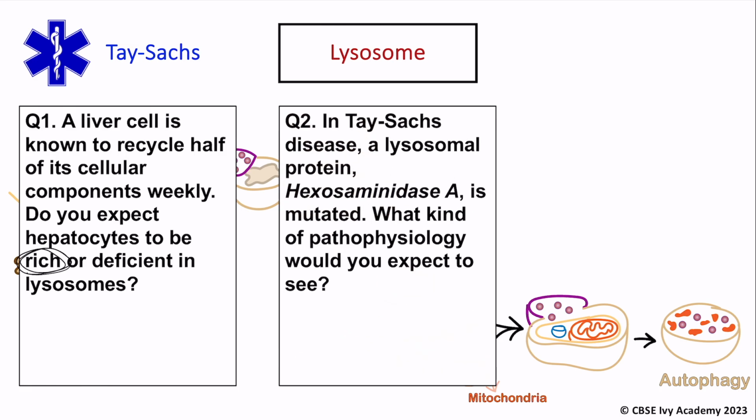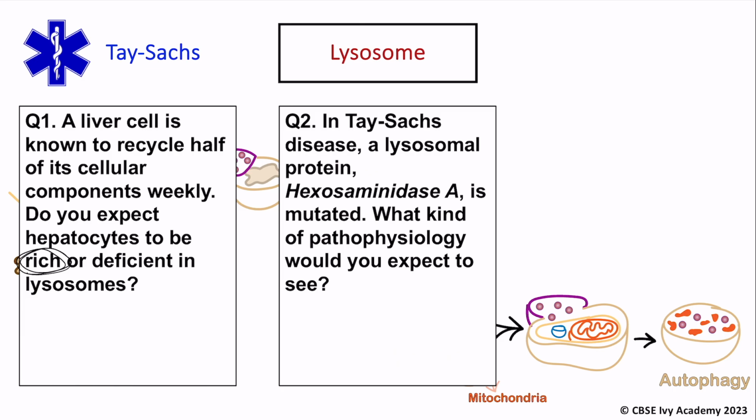The medical connection here today for the CBSE topic of lysosomes is Tay-Sachs disease. So in Tay-Sachs disease, there's a lysosomal protein, hexosaminidase A, which is mutated. Now, if that lysosomal protein is mutated, what kind of pathophysiology would you expect to see? And the answer is, you would expect to see,